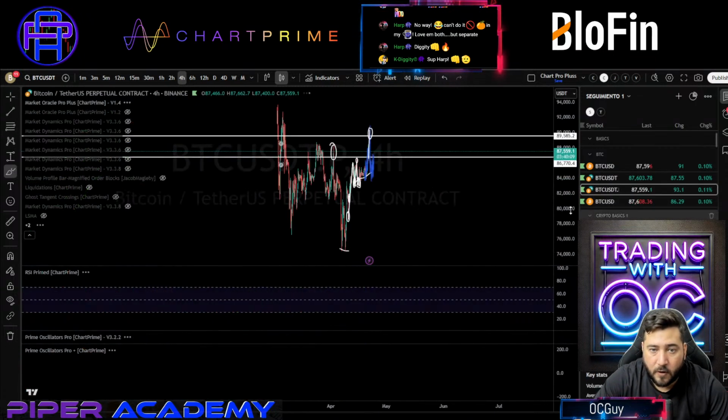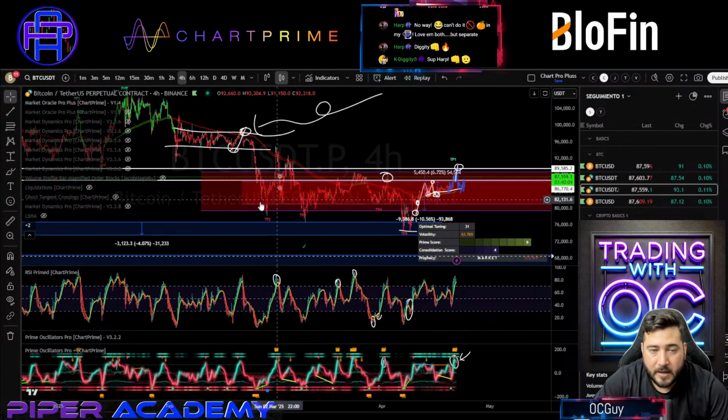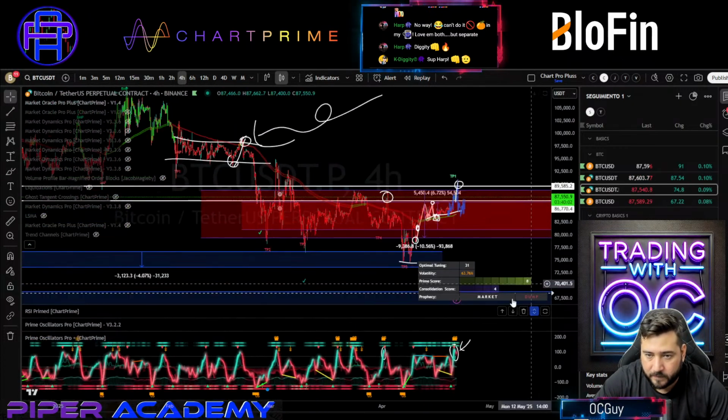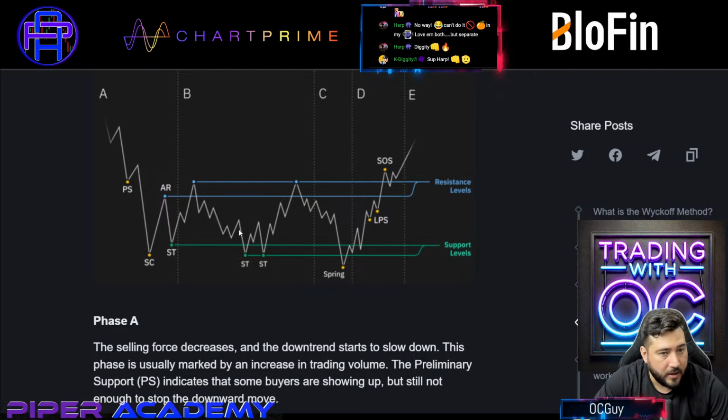All right, let's go for a more in-depth analysis. This is it. All right, so what are we seeing here? This is the outer range and the inner range. Exactly what we're measuring here: inner range and outer range. Basically, going from the spring to the first entry right here, to a secondary entry, full entry, to the next target at the top of the range. We don't know if we're going to have the breakout continuation.